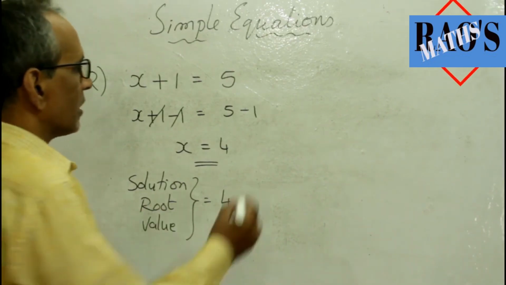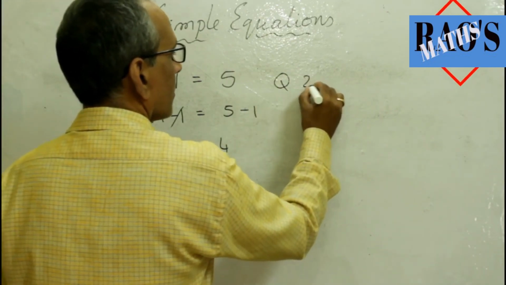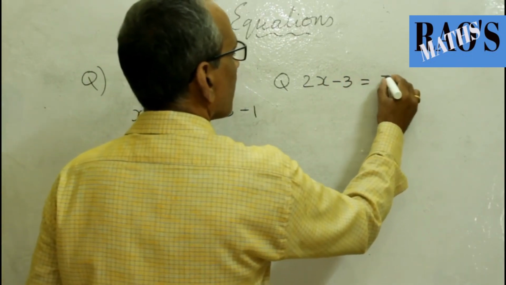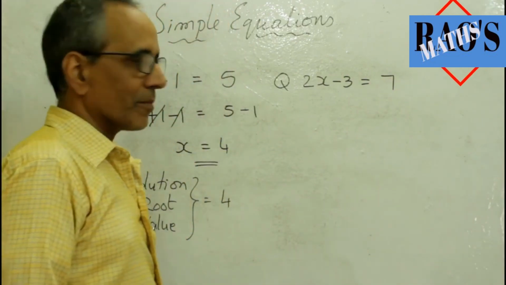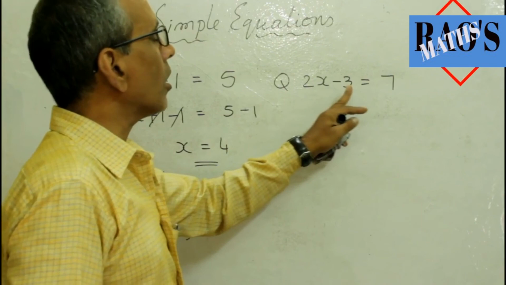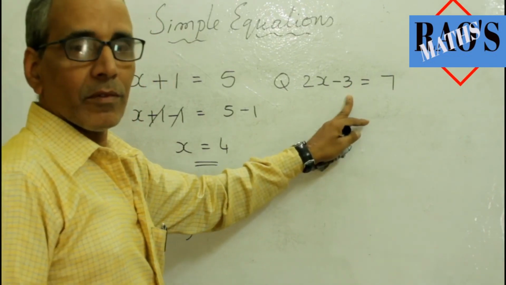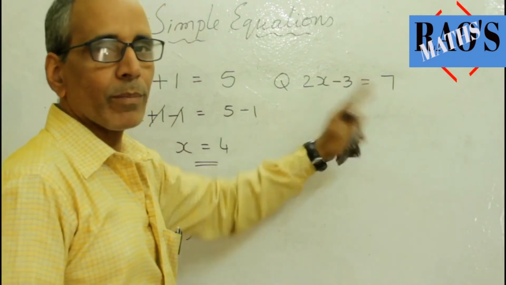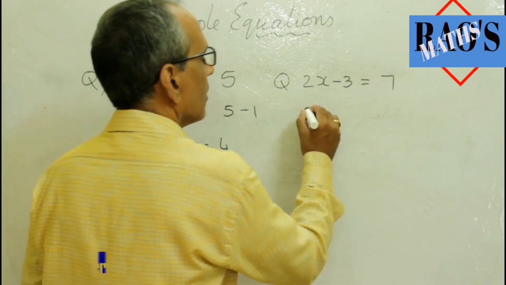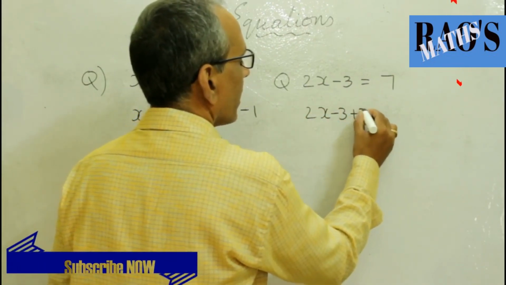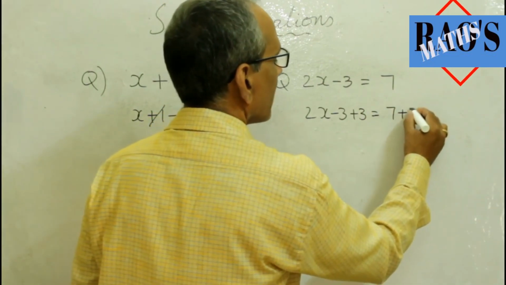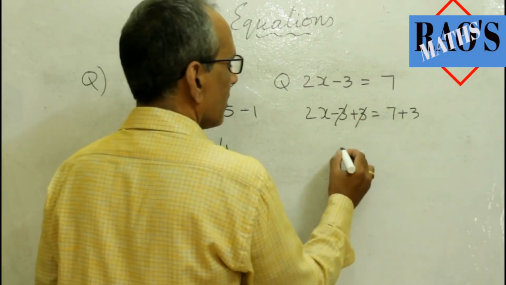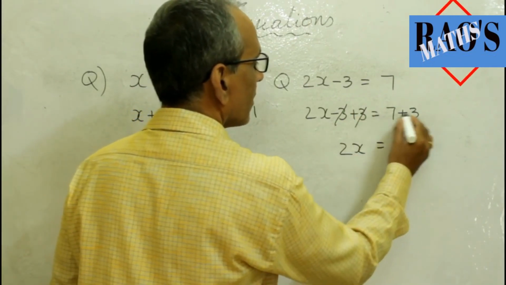Okay. Here one more equation. Question: 2x minus 3 is equal to 7. Now you know clearly. First what to separate, either 2 or 3, the term which is not associated with any variable. So I want to eliminate this minus 3 by adding plus 3 on the RHS. So 2x minus 3 plus 3, I do the same on the right hand side, that is plus 3, so that I maintain the equality. Minus 3 plus 3, so I remain with 2x is equal to 7 plus 3, 10.